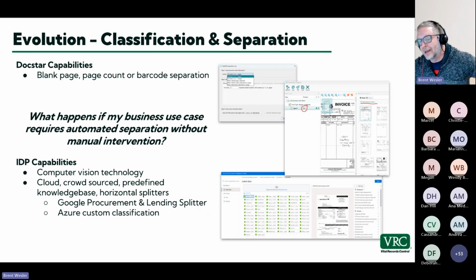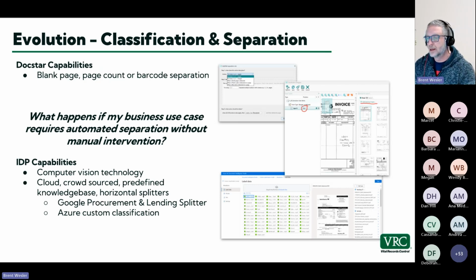You're going to hear a lot about IDP, intelligent document processing. Think about it as intelligent document capture, right? And I'm going to show you a couple of different flavors we have for that. So out of the box, we'll kind of show some of these feature functionality. I'm going to show the barcode specifically and how you could separate, but those are essentially a legacy type classification